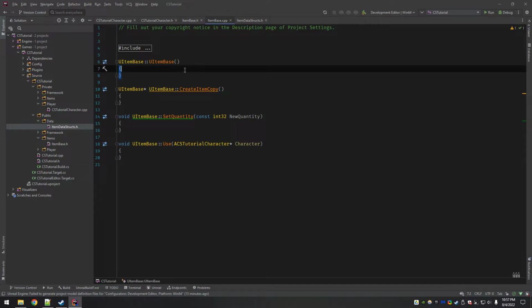So the constructor doesn't need anything for the moment because, again, we're going to be initializing these items from the data table with all that info. So this is fine to just leave this one blank. For the copy,